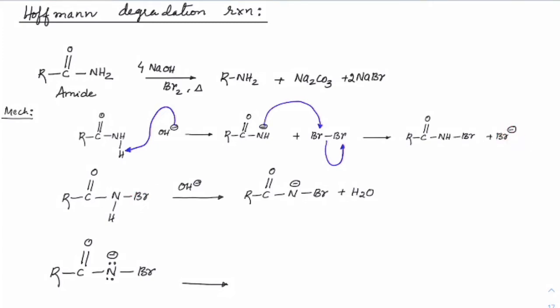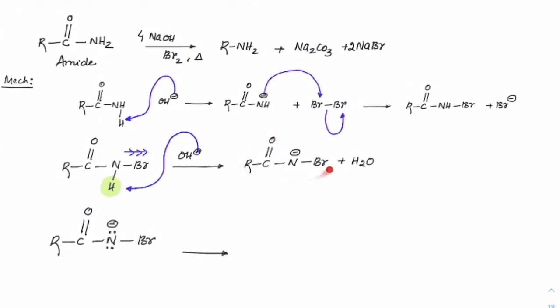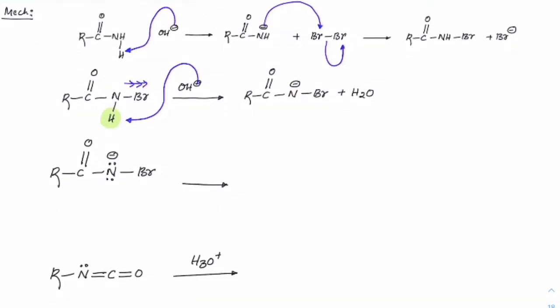As an electrophile it got attached, and Br minus has come out. Now Br is a withdrawing group, so that will in fact increase the acidity of this hydrogen more, right? So OH minus will further remove this H plus and become the N-bromoamide ion, N minus, correct? Once you get this, you can see this is similar to the Wolff rearrangement, where I told you that whenever we have C double bond O and R or H is attached, that group will migrate to the one which has the minus charge on it.